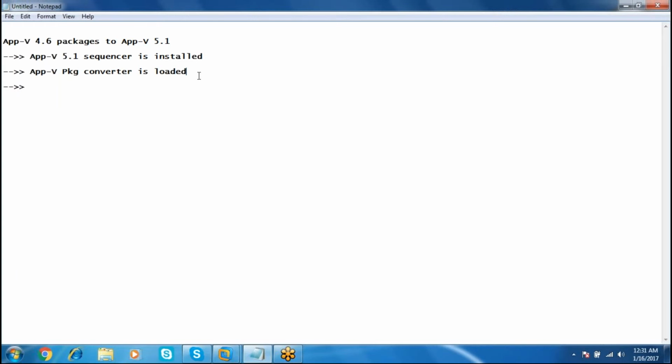These are the two prerequisites for the machine to convert 4.6 packages to 5.1.